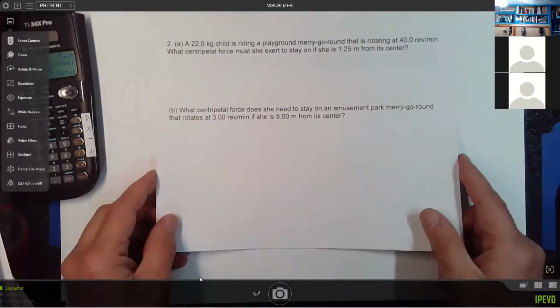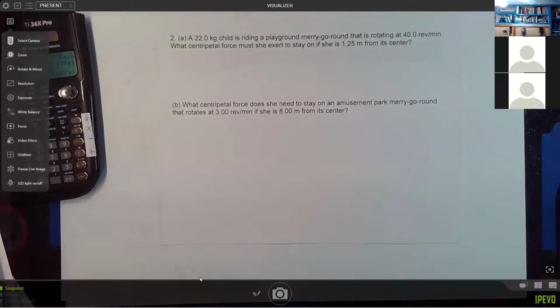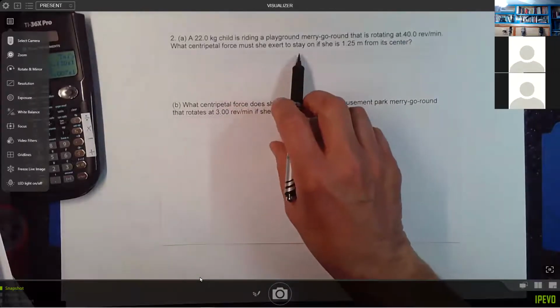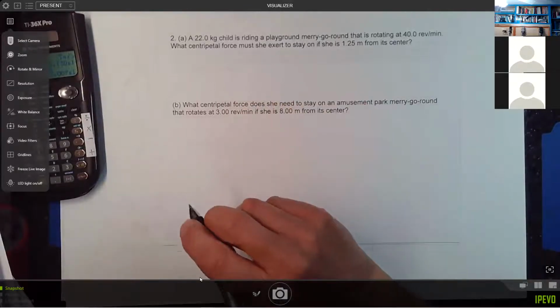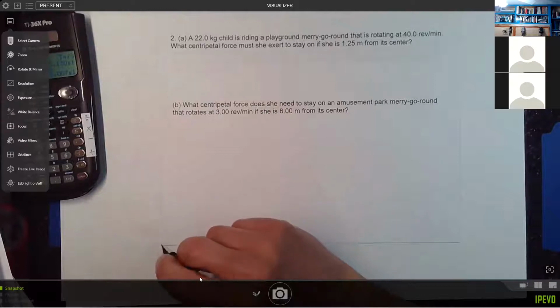Okay, let's try another one here. We have a 22-kilogram child riding a playground merry-go-round that's rotating at 40 revolutions per minute. So that's omega. It just isn't in convenient units. What centripetal force must she exert to stay on if she's 1.25 meters from the center? Okay, well,